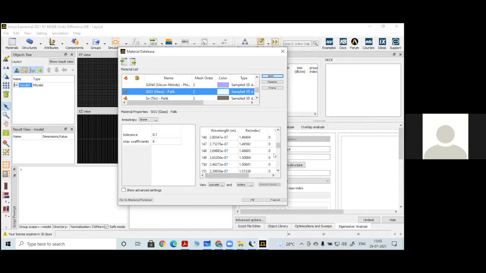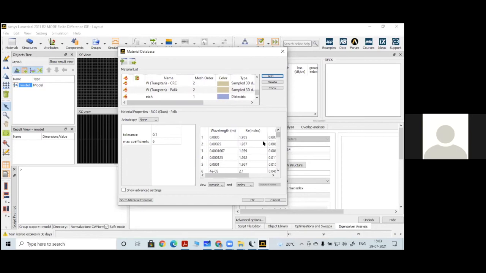This is in the infrared region as well as the visible wavelength. So from the material database, we can always consider the real part and imaginary part of the refractive index for each and every wavelength mentioned here. For the complete optical band, they have specified this refractive index variation.